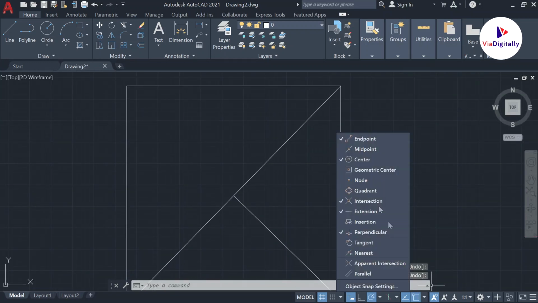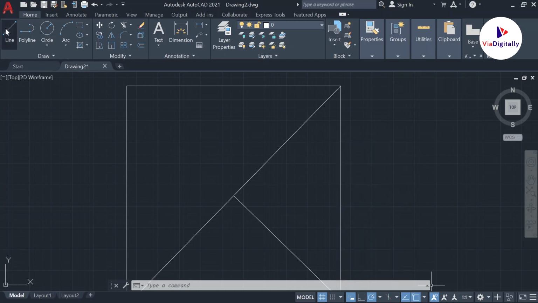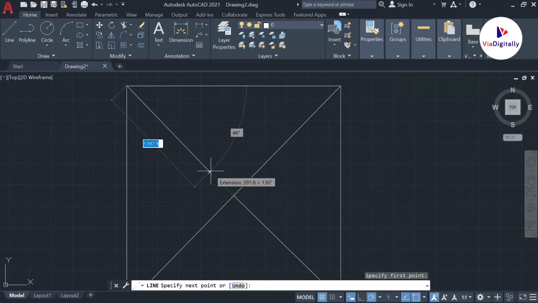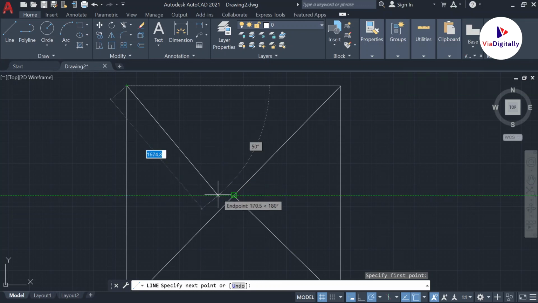Also, let's see how to draw a midpoint. Because it is a square, as I told, the perpendicular point and the midpoint overlap each other. So I am turning off the perpendicular OSnap. Now for that I am taking the line command. Now you can see the shape on the line.